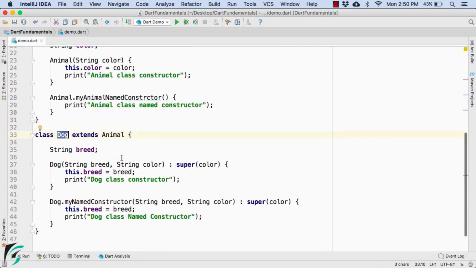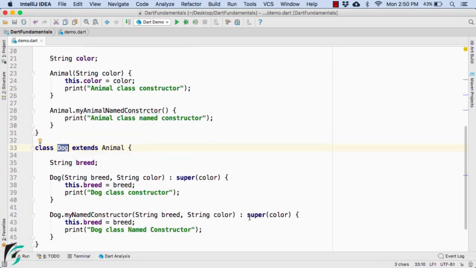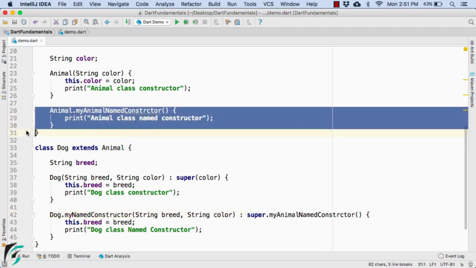Here the syntax will be a bit different. You have to use the super keyword followed by a dot and then the name of your constructor, such as myAnimalNamedConstructor. Put it here, and since our named constructor of animal does not accept any parameter, let us remove it for now. In this way super.myAnimalNamedConstructor is simply going to execute this constructor of our superclass of animal.